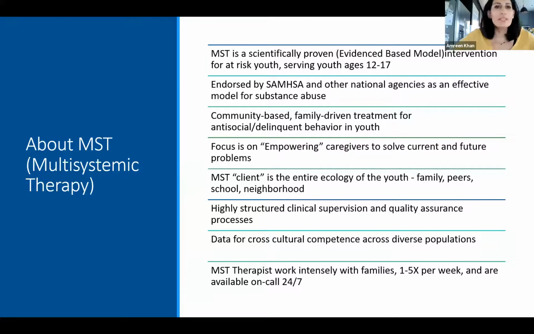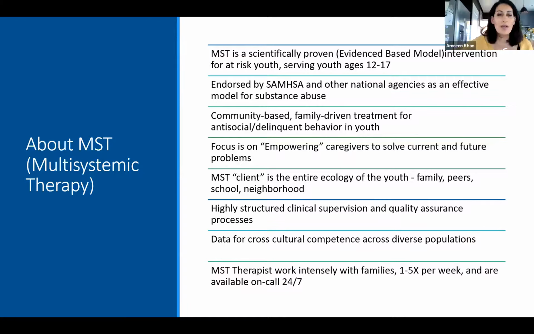Hi, my name is Amreen Khan, and I'm the Assistant Director of Youth Services at the Guidance Center to talk about MST, or multisystemic therapy. It's a scientifically proven, or more often referred to as evidence-based, model. It's got 35 years of longitudinal data, actually internationally. It serves youth 12 to 17, and it's endorsed by SAMHSA and other national agencies as an effective model for